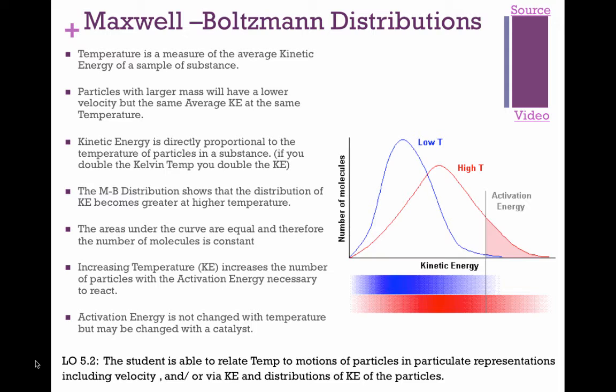Gas molecules that have larger mass will have a slower speed, a slower velocity, but if they are at the same temperature as a really light gas molecule, they have the same average kinetic energy. Right? Temperature is average kinetic energy. And then the Maxwell-Boltzmann distribution just shows you the number of molecules that exist at a certain energy. Okay, the higher the temperature,